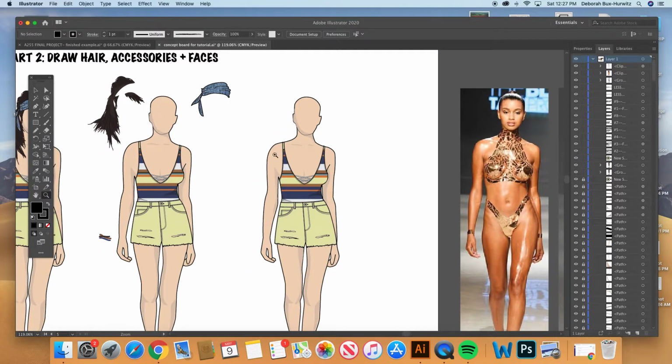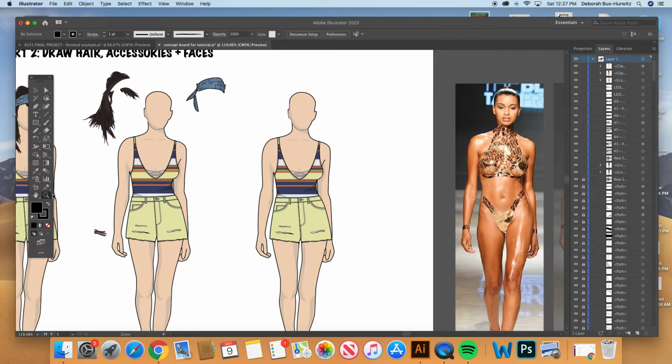I'm going to lock it because I'm going to start drawing hair over, and I just want to make sure that I'm locked. So actually, the first thing that I did, now that I think about it, going back to when I drew this the first time, is I drew this headscarf first, because then the hair, you can see the hair looks really wacky when I pulled it off the head, because I only drew the hair coming out of the bottom of the headscarf and above the headscarf and then down on the side of the